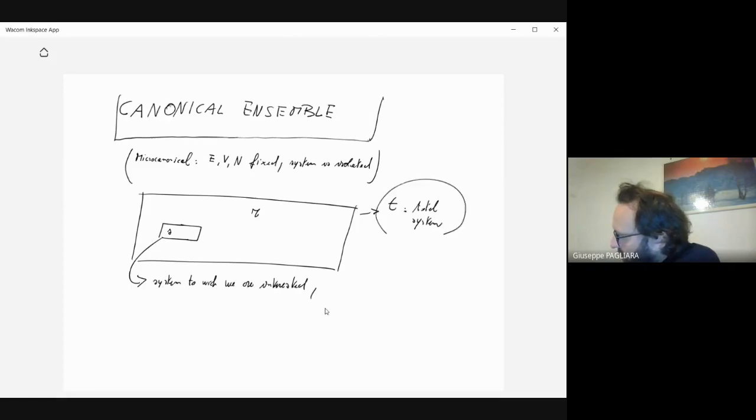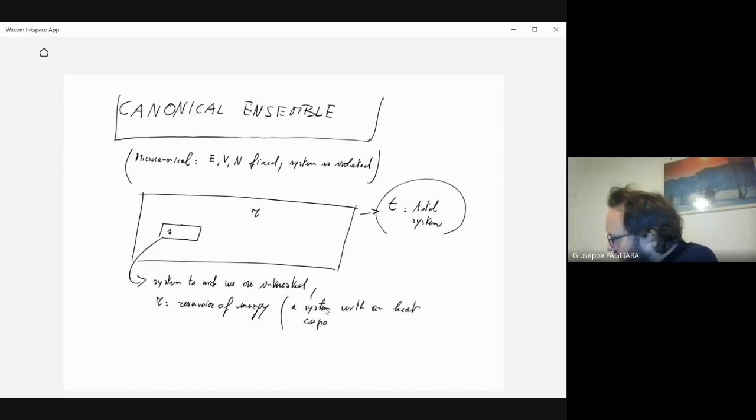Okay, T is the total system, and R is a reservoir of energy. So a system with heat capacity going to infinity. And basically the role of the reservoir is to fix the temperature of the system S. Okay? The role of the reservoir